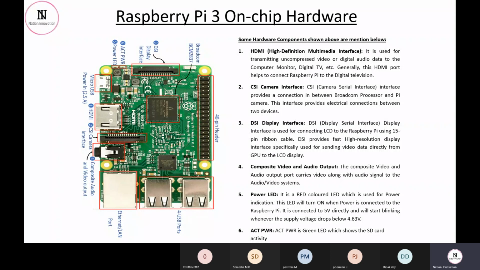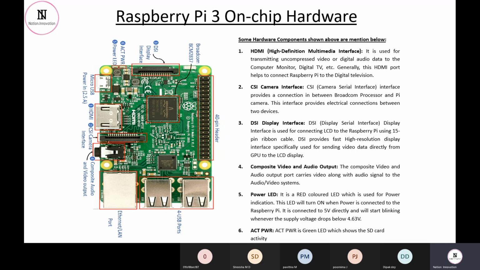There are many good points with the Raspberry Pi, but there are also some heartbreaking points for the hobbyist. One is the power requirement. It consumes a lot of power, like you can see a 2.5 amps rating. We have a common formula for power, P is equal to V into I. V is constant for Raspberry Pi as well as for the Arduino. It's 5 volts. But when we consider I, it's the current amount.